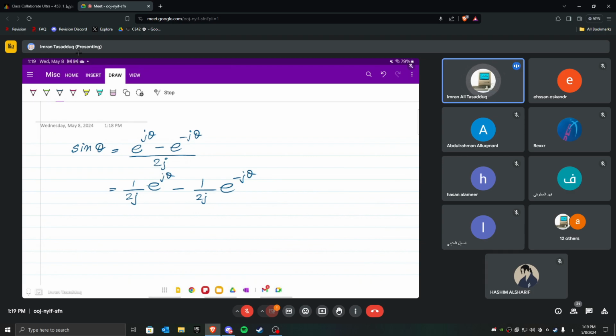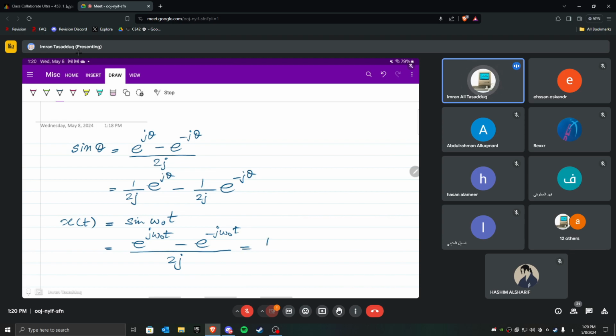And the signal that was given on the slide was this one: x of t is equal to sine omega naught t. This was given. So what I can do is apply this Euler identity, and this becomes e to the power j omega naught t minus e to the power minus j omega naught t divided by 2j. And then I can write it in this form: 1 over 2j e to the power j omega naught t minus 1 over 2j e to the power minus j omega naught t. Now if you look at this